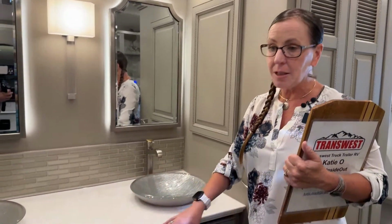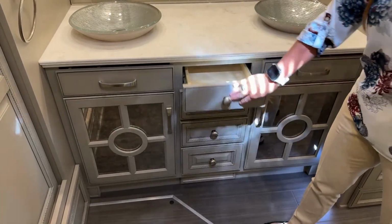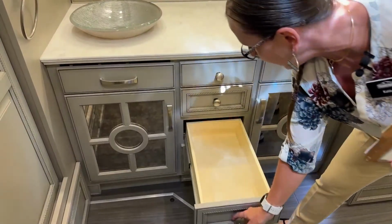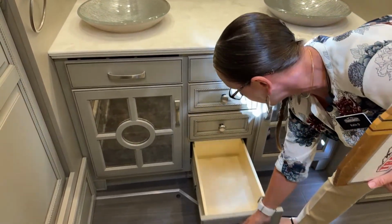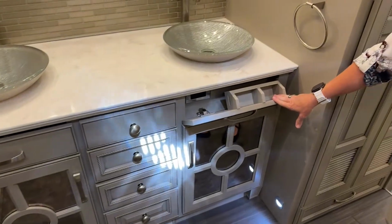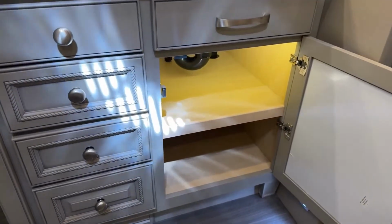And then you'll see these are the traditional cabinets. Really nice shallow drawer here at the top for your toothbrushes and such, and then some nicer deep pocket drawers going all the way down. These, of course, are all dovetail, and I'll show that to you in just a moment. But again, this traditional styling is so wonderful. Little place to keep your cotton swabs and your Q-tips,